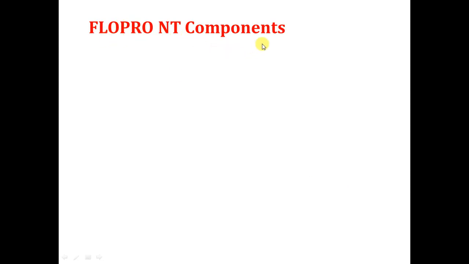What are the components of the Flow Pro NT? As it is a usual system, it is like all the systems: base fluid, fluid loss reducer, viscosifier, some bridging material, some inhibitors, and weighting agent, or weighting material. So these are the components. But take care that these components must not be damaging to the reservoir and must be acid soluble.